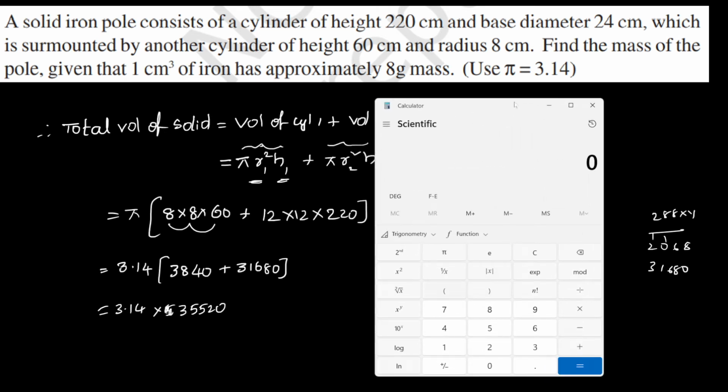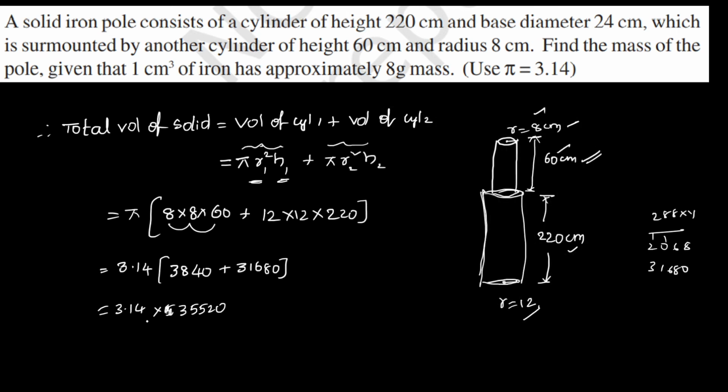So in the bracket 8 into 60, plus again in the bracket 12 into 12 into 220. So it is 31680. 35520 is exactly correct. Okay, now 35520 into 3.14 will be the total volume, and if you want to find